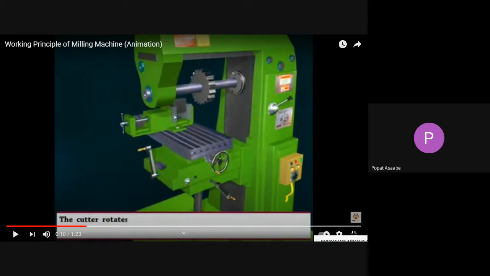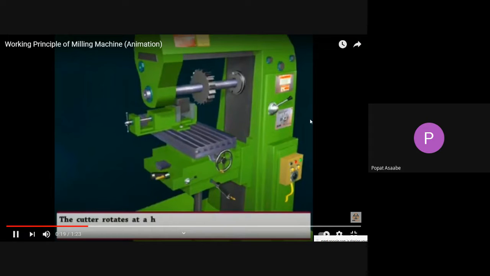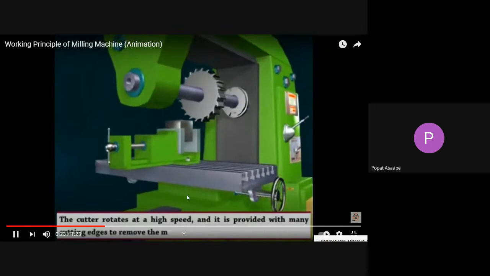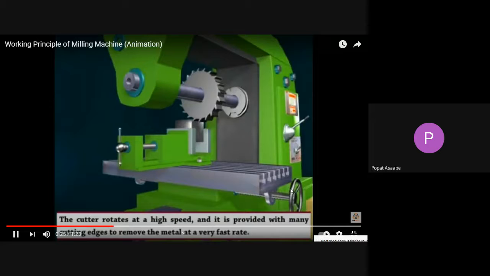Inside that hoist your workpiece is there, and this is the arbor. That arbor is fixed into the spindle, and above the arbor this is the cutter, and this is the arbor support. With the help of that handle we can give the feed longitudinally. Again, with the help of this wheel we can give the feed crosswise.